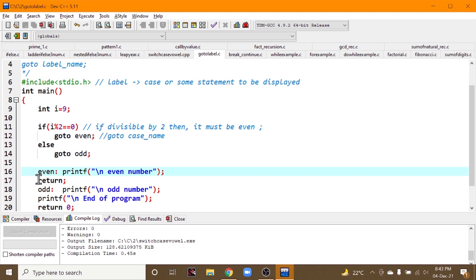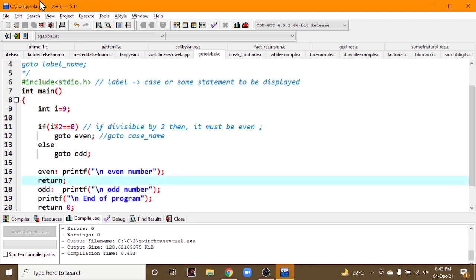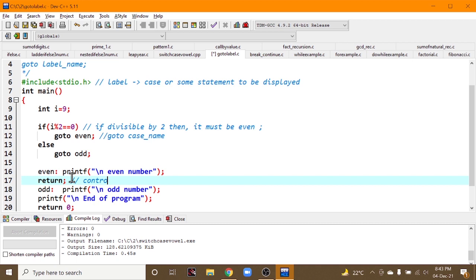What is the use of this return? If we don't write return here, then this odd case will also get printed. Okay, return in the sense the control must terminate or stop.